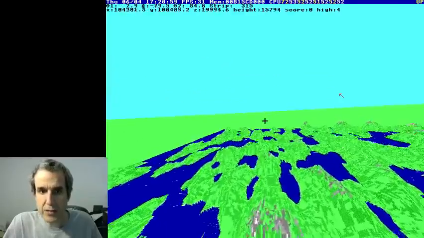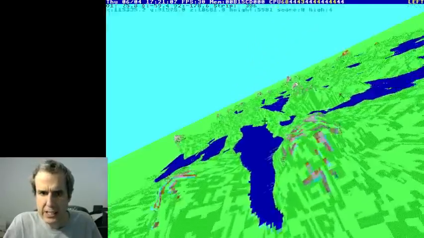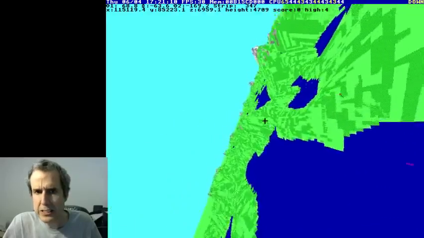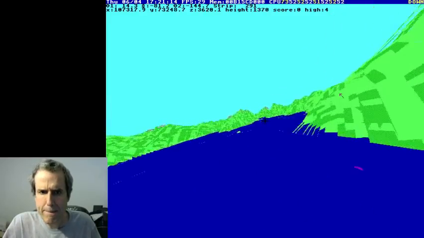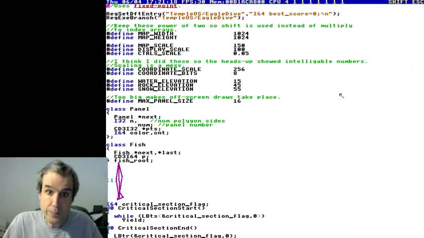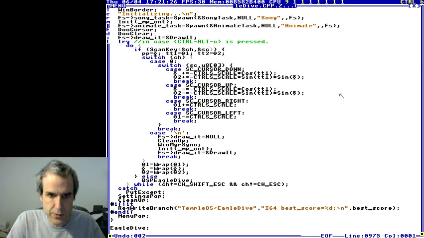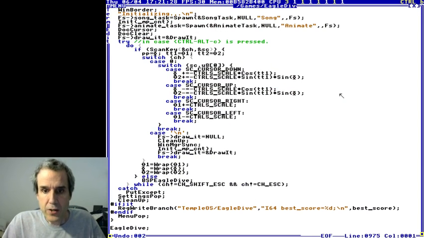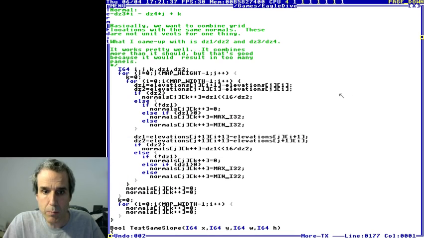Okay, so I gained some altitude. Okay, so it's done with triangles. If you look at the code, it's 975 lines of code. The first part makes the map, and basically what it is